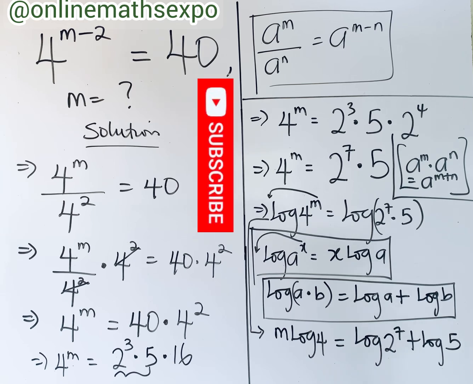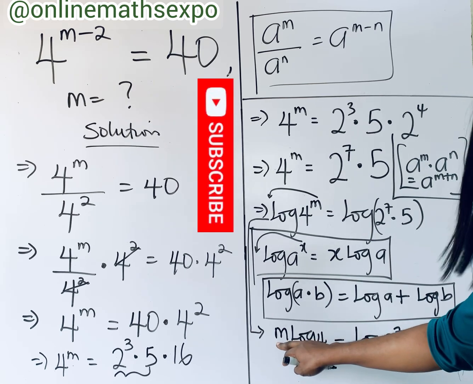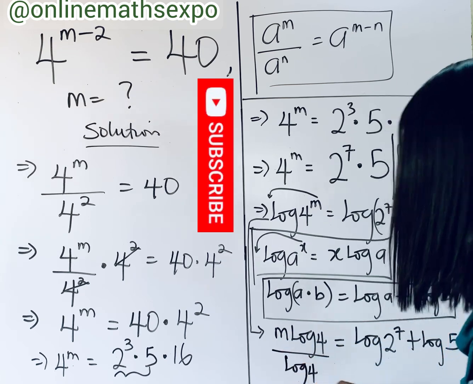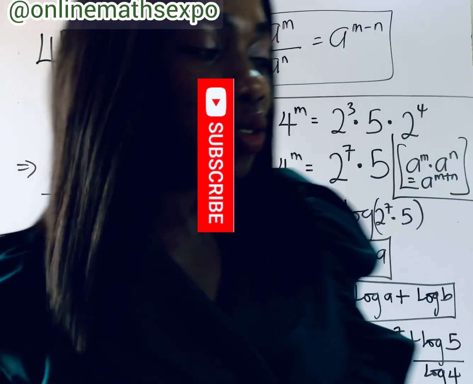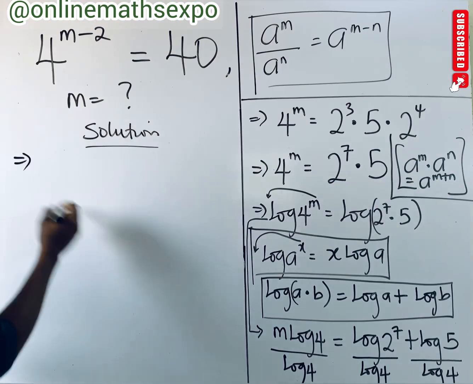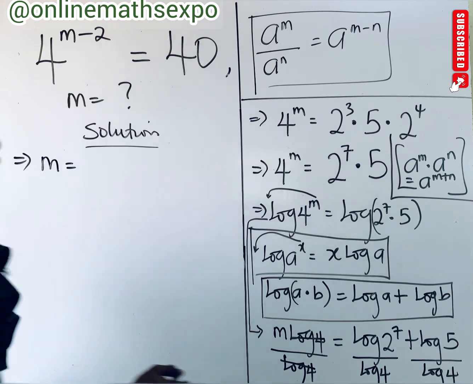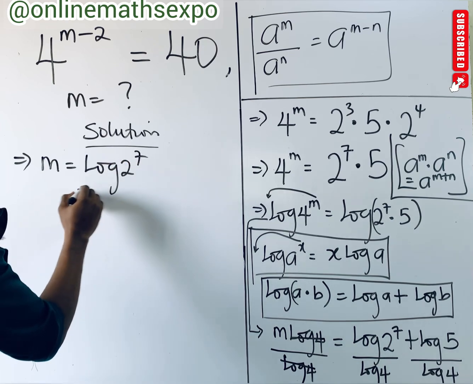Interesting. Now what do you do again? We are going to remove this log 4 since we want to find m. So to do that, we divide by log of 4, and you divide each of this by log of 4, divide this by log of 4. Interesting. So simplifying it, we cancel this. So we have m is equal to log of 2 to the power of 7 divided